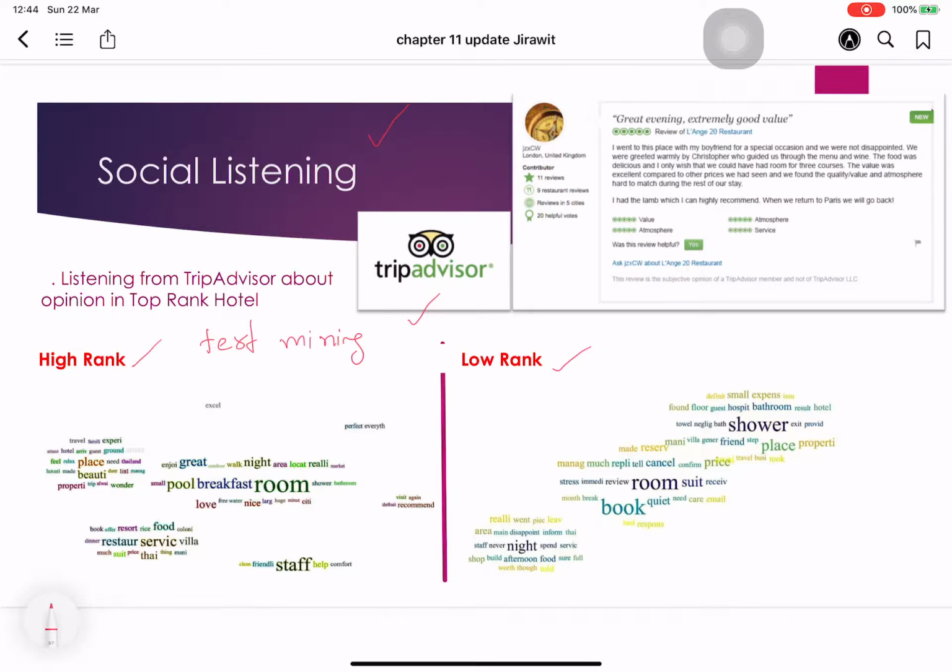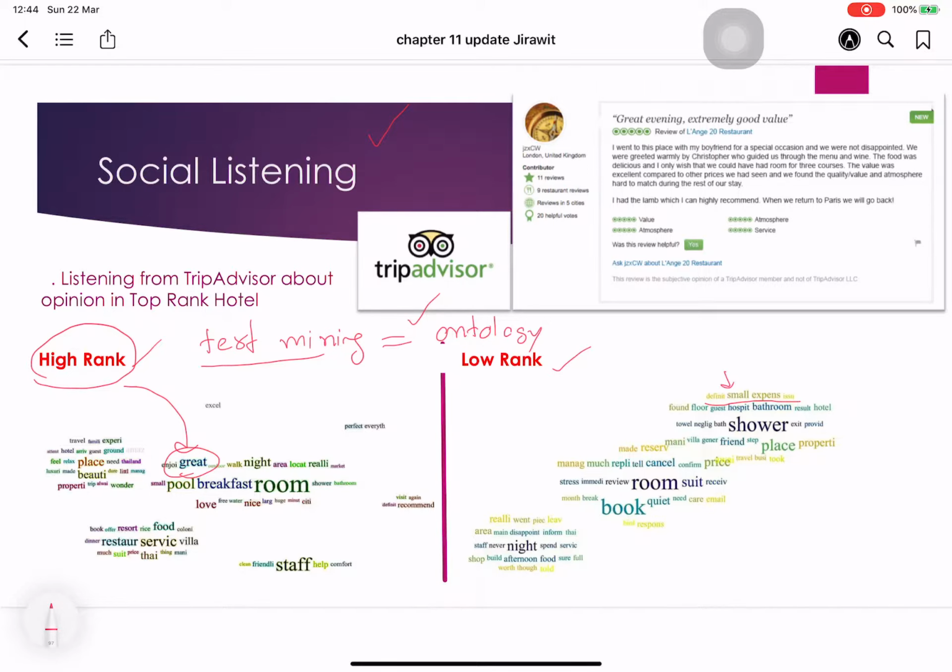In your future you may become familiar with ontology. You will have to study this. When people talk a lot about something, you can see the big word, and when they talk less, you can see the small